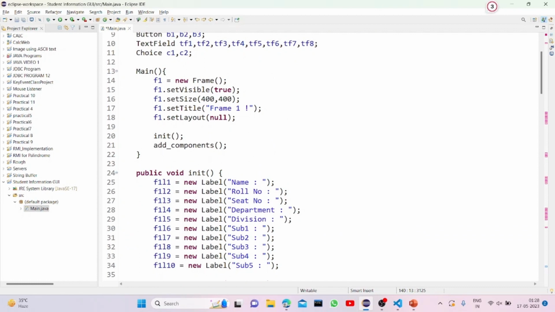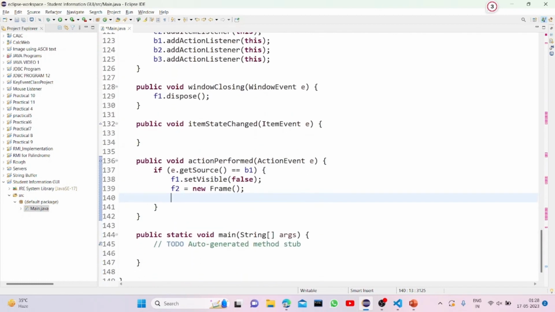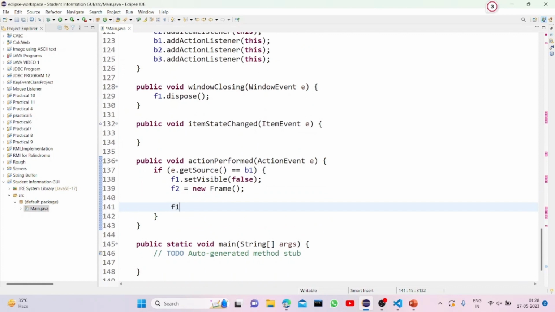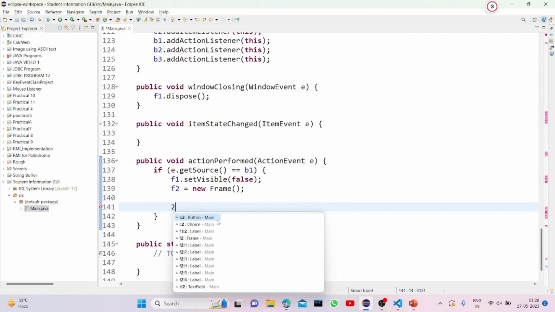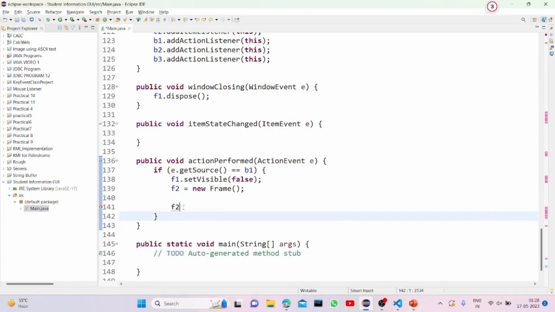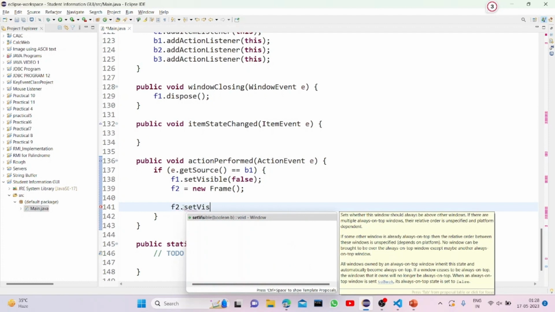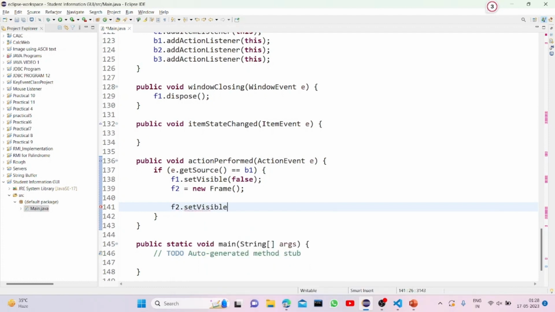Frame is equal to new frame, but I have not initialized it over there. So next, frame 1 dot set visible is done. Frame 2 dot set visible as true. Okay,